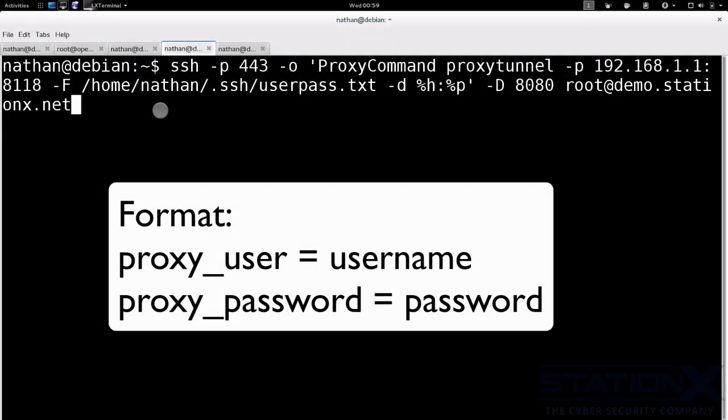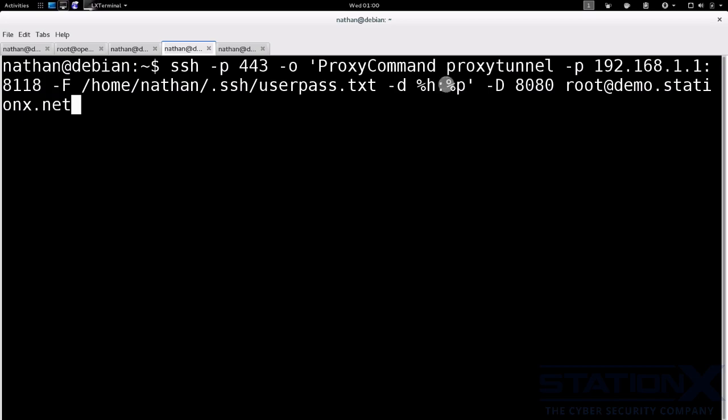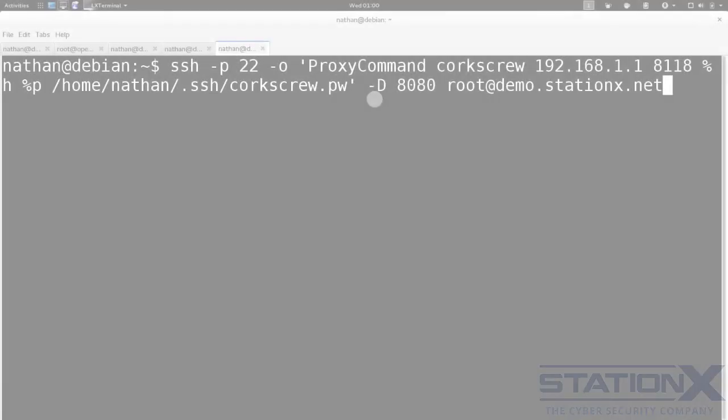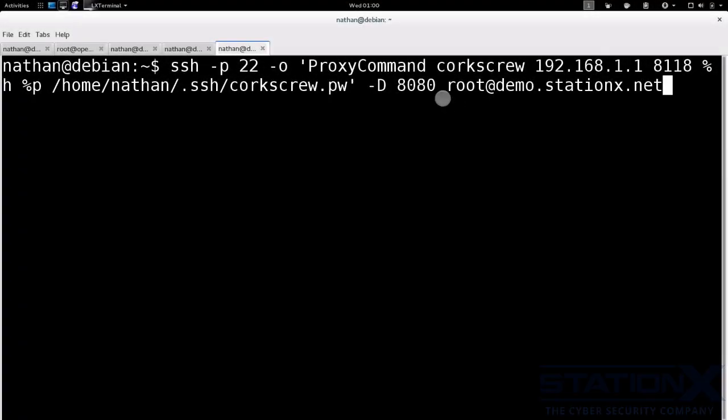If you don't want to put your username and password in the actual command because it will show up in the process list, then you can use -F and just put the username and password in a file like so. And this is with proxytunnel. And with corkscrew, you can do the same sort of thing. You can do it from a file. So there you go. You put the username and password in a file and it will send that to the